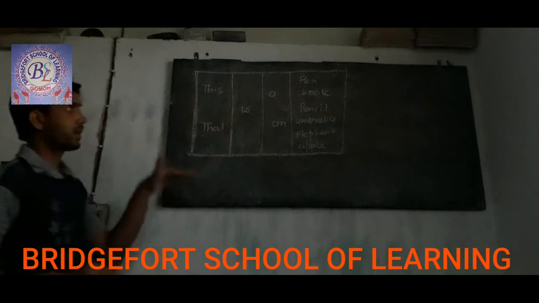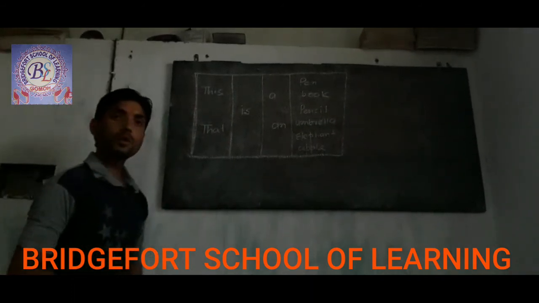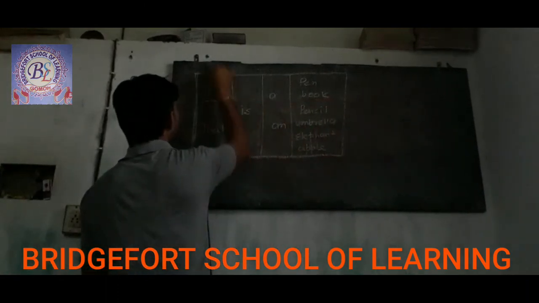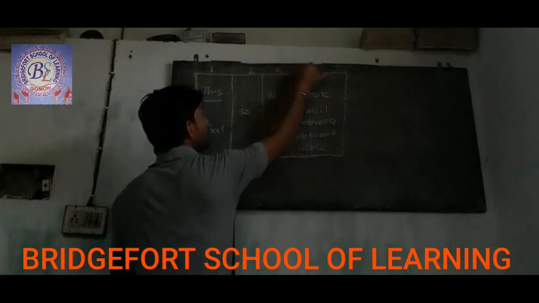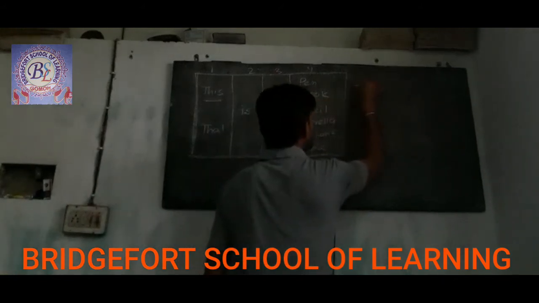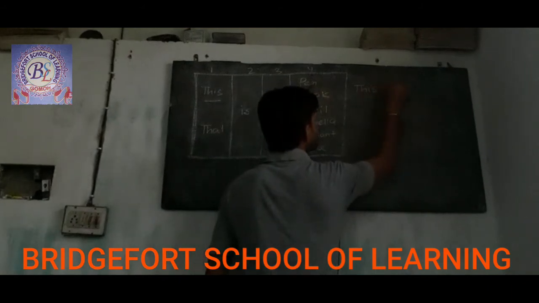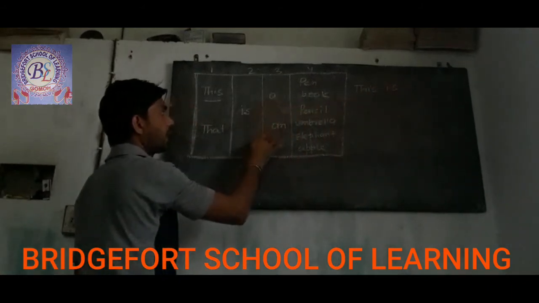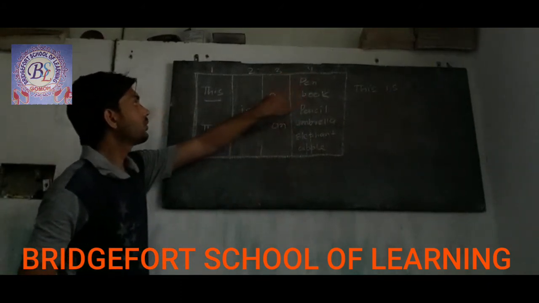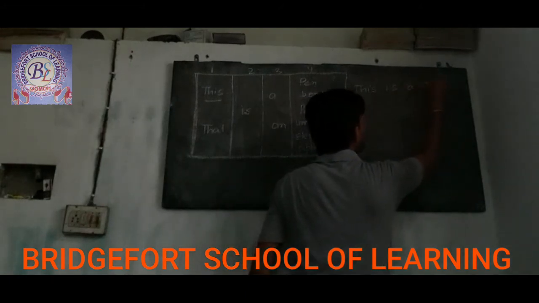Now just try to create this as given information, and you will also have to create it in Hindi form. So first, in the 1, 2, 3 and 4, we will only have to use this. So we will write here this first. Second is, so write here is. Third is a or an. So first of all you will have to use the word pen. Pen is starting with the sound of a, so we will write here a, and now pen.